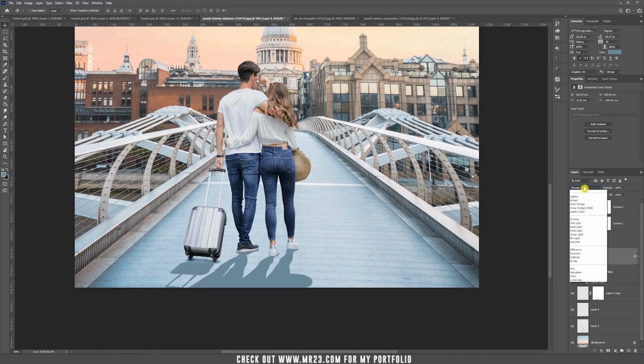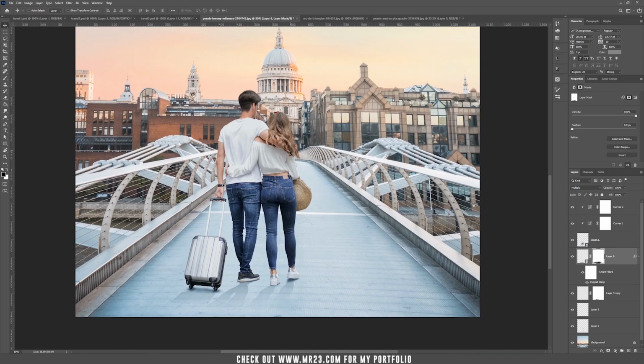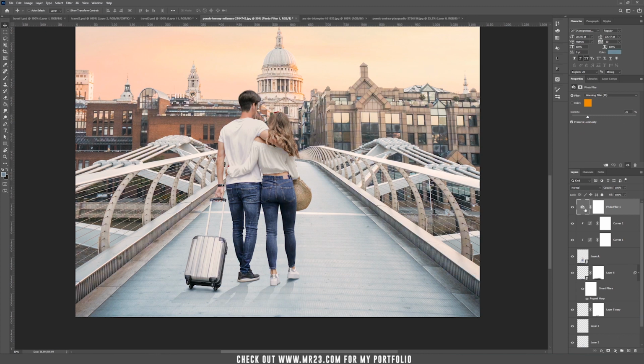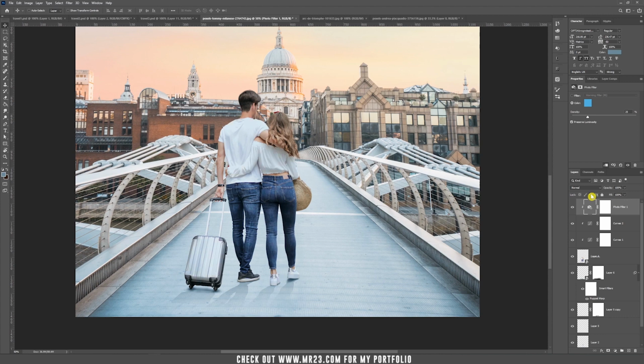Let's set this layer to multiply and let's add a mask and paint with black so we can hide parts of the shadow. So now that we created the shadows, we match the subject colors with our background. I want to add another adjustment layer to our couple, which is photo filter, and be sure that you click on the thumbnail, not on the mask, and place this layer in our couple's layer, which is by holding Alt and click between the layers. So I'm going to choose a bluish color,